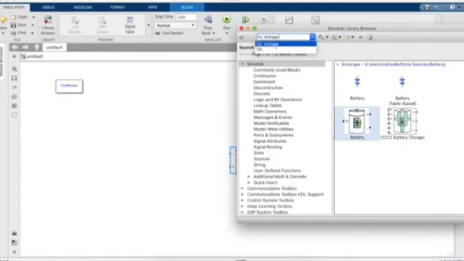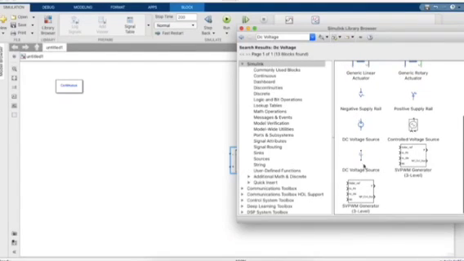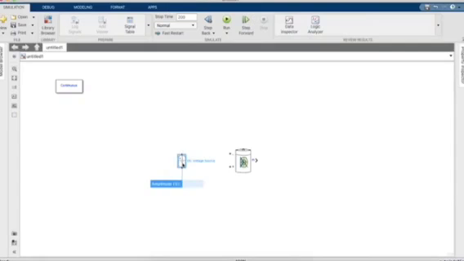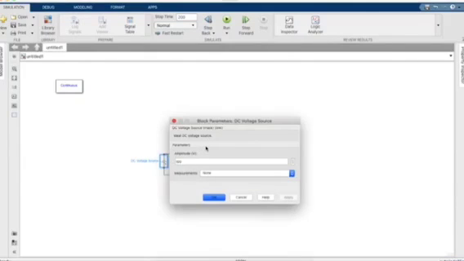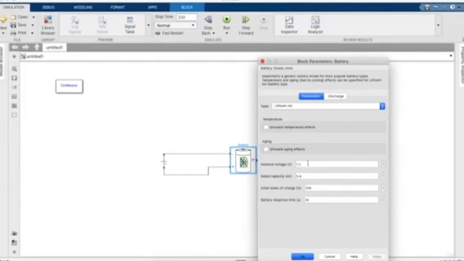And since the nominal voltage of the battery is 7.2 volts, the DC voltage source is greater than the voltage of the battery. And now we need the bus selector, which can select only the SOC parameter of the lithium-ion battery.